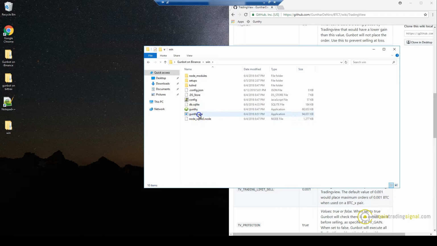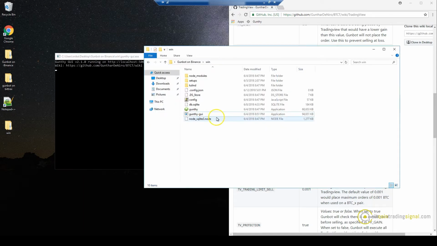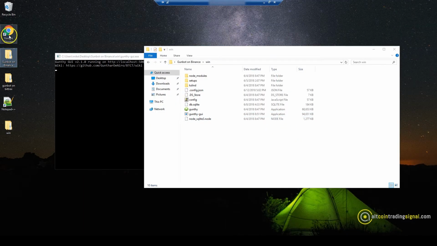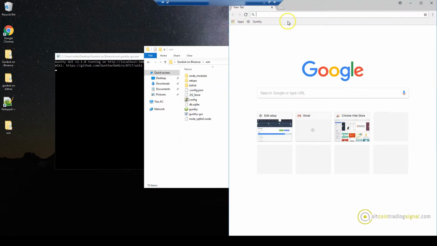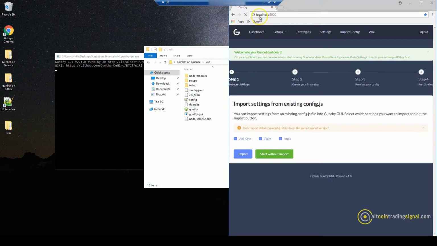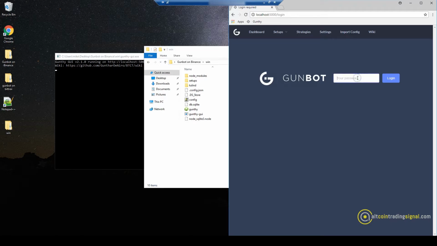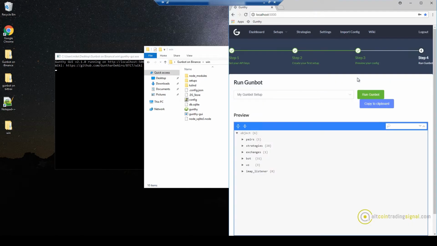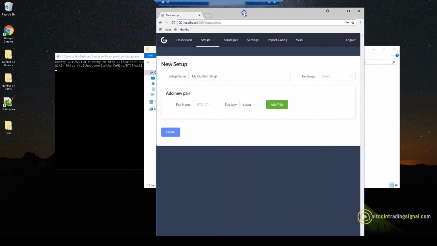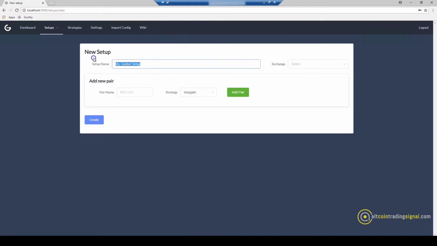So I'm going to open the GUNBOT GUI. I'm going to open a new browser. Go to localhost 5000. Type in my password. Setup. I'll go to new setup just so you can see the process. Alright, so name the setup whatever you want. TradingView. Click on the exchange, Binance,